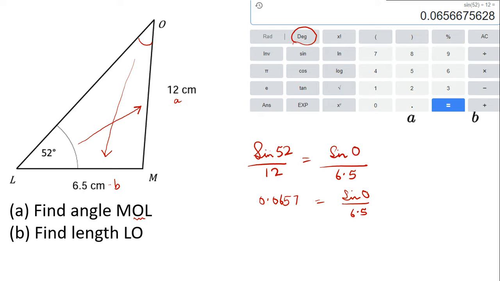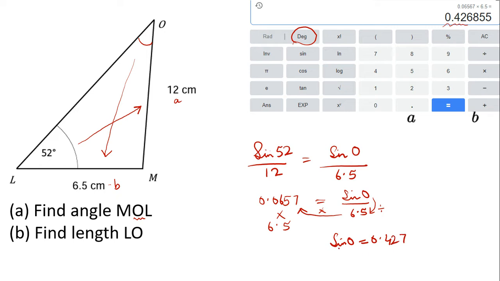Now, since I have to find my O, I need to isolate the O. That means everything that is attached with the O goes to the other side. So first thing that goes on the other side is the 6.5. So when 6.5 goes to the other side, since 6.5 is in division with the sine O, it turns into multiplication. The opposite basically happens. So 0.0657 times 6.5. When I do that on my calculator again, 0.06567 times 6.5 gives me 0.426 and so on. So that means my sine O equals